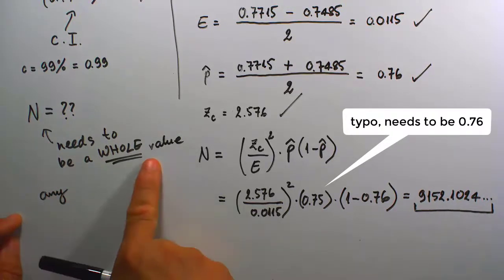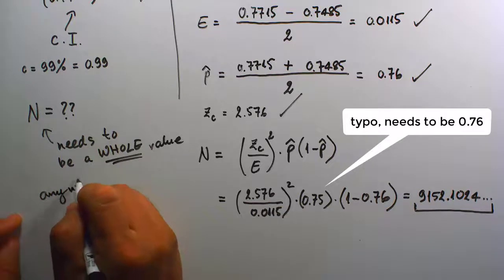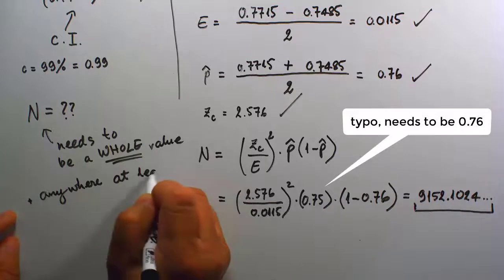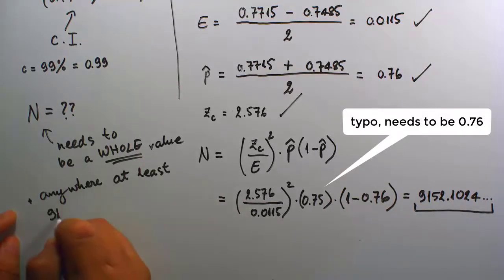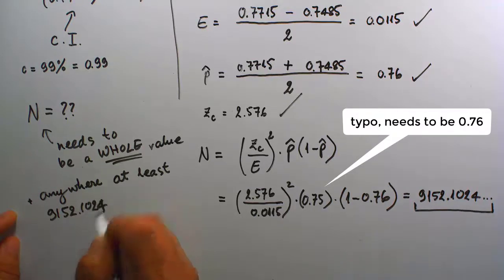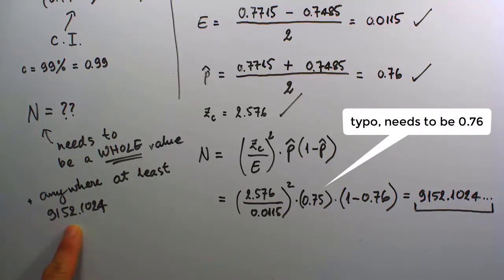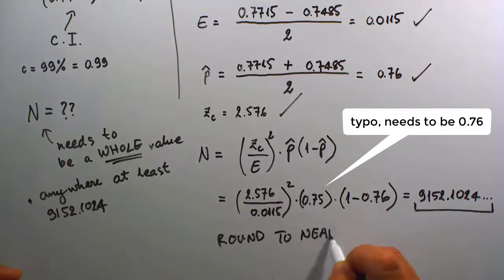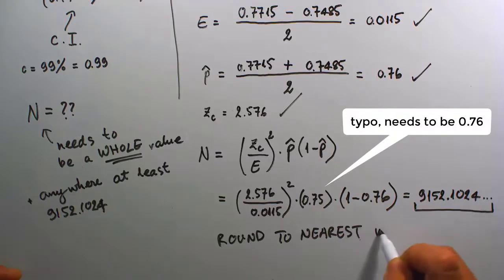It must be a whole value and must be anywhere at least 9152.1024. Being anywhere at least 9152.1024 means that if we round to a whole value, we're going to have to round to the nearest whole value,